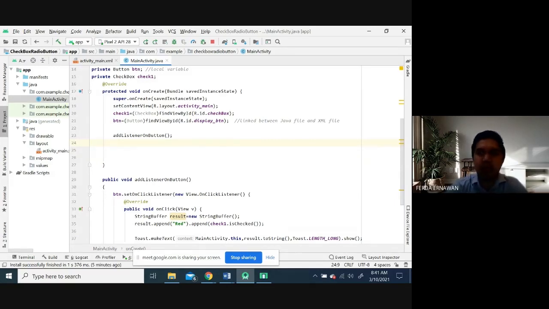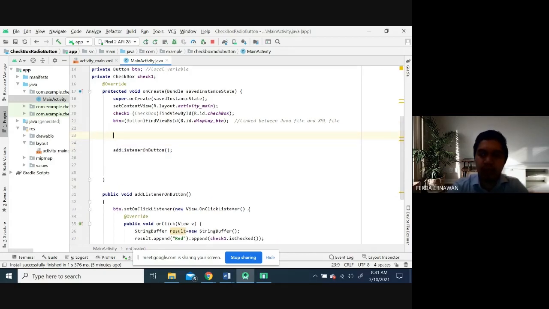Another one is I'm going to add another function. No need to write a function, so I will add here. Checkbox check one equals checkbox findViewById. After that, for check one, I want to set a click listener, right?